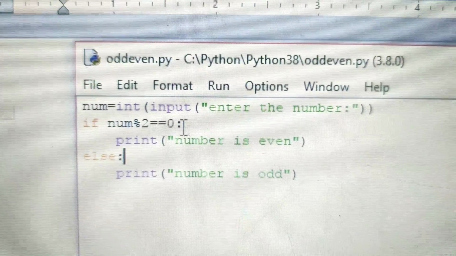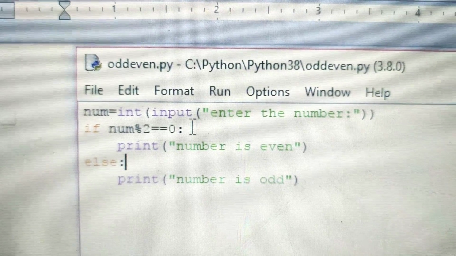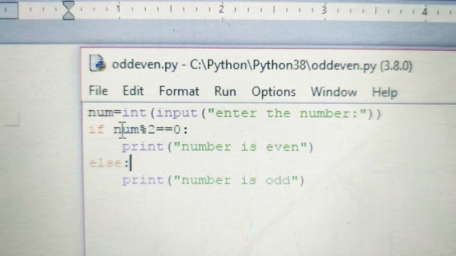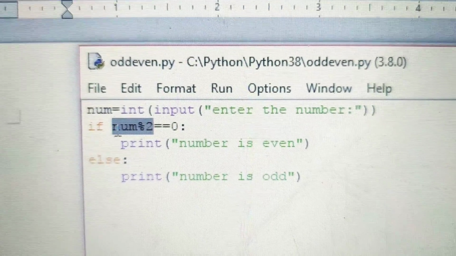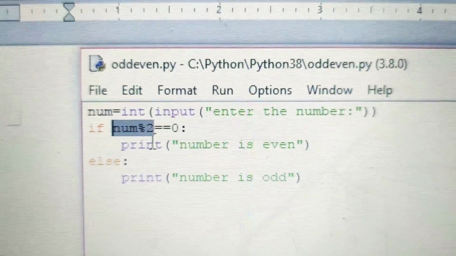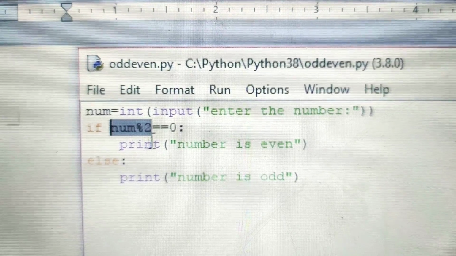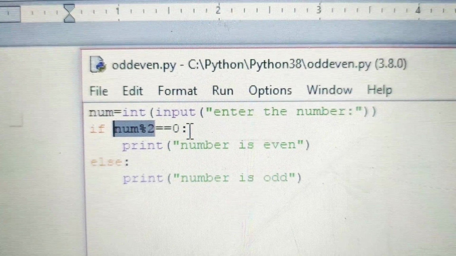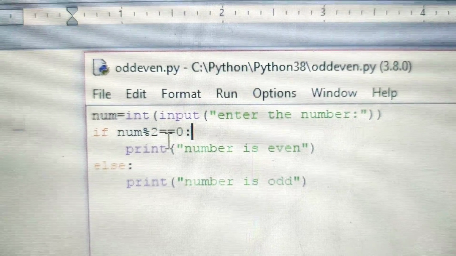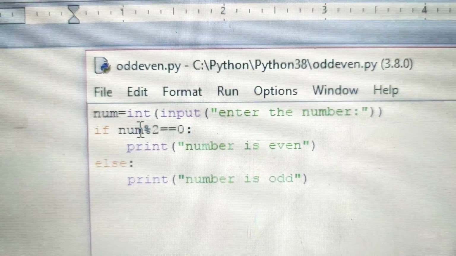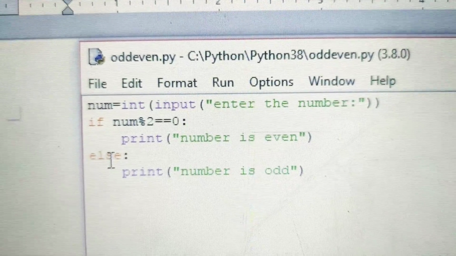Now, in the if we have to write the condition. What condition? If num % 2. Now 3 % 2: when we divide 3 by 2, the remainder is 1. Is 1 equal to 0? No, 1 is not equal to 0. So the control of the program will come to the else part.